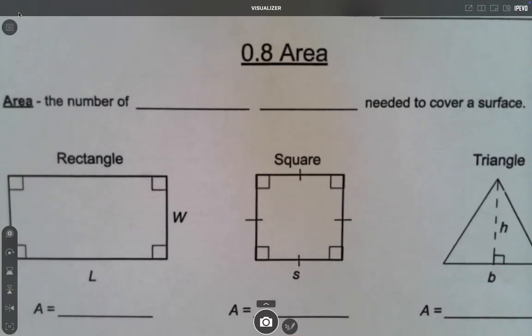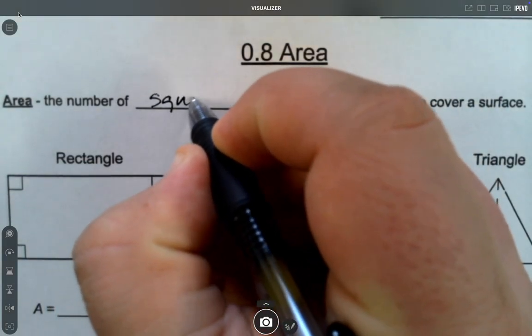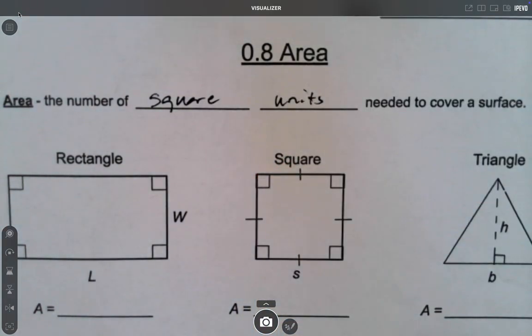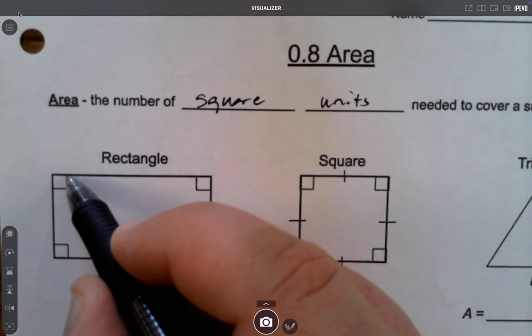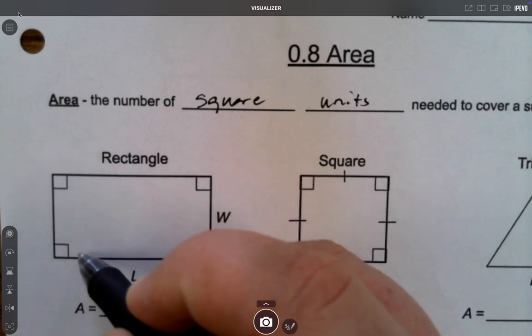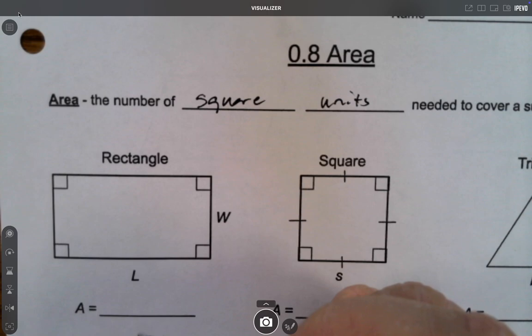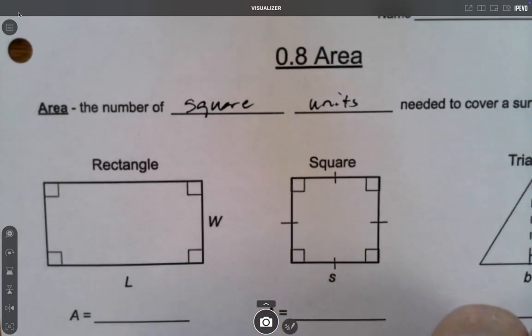We dealt with perimeter, which is the distance around an object, or on the outside of an object. Now we're going to talk about the area. Area is the number of square units needed to cover a surface. So visually, you can think about the fact that you could split this all up into squares. If I just drew lines up and down and then across, I can also make it like a checkerboard. And I'm counting how many squares I make when I'm measuring in inches or meters or whatever the